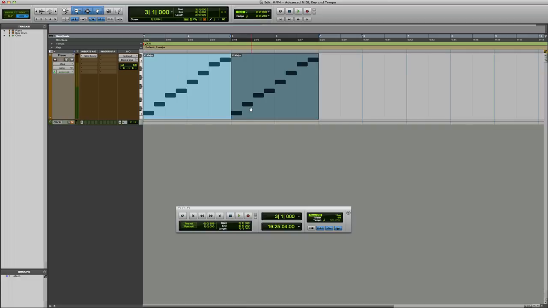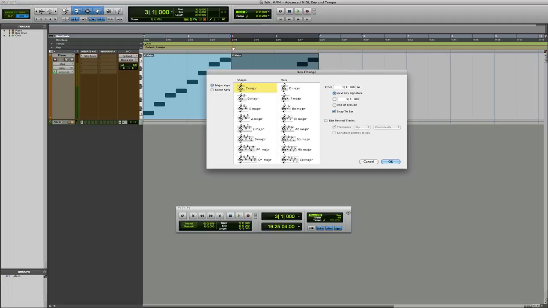What if we wanted to implement a key change for this second time that the MIDI clip runs through? So we'll implement a key change at bar 3. So we would press Control, and see when I hold Control down, this turns into a hand with a plus sign, and we can just enter a key change here in the key ruler. So currently we're in C major. Pro Tools defaults to C major, as you'll know. If we decide that we want to change to D major,